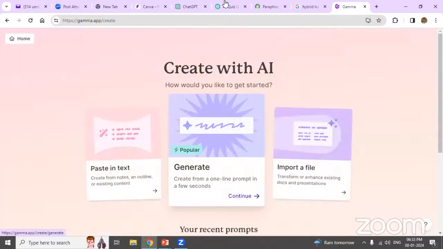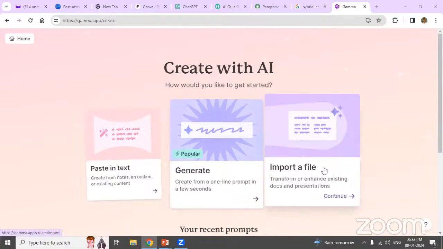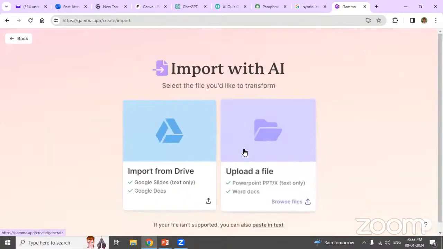Is this particular screen sharing now, or my PPT? Okay, this is Gamma screen sharing. Now the Gamma screen has come. Yes, ma'am. Thank you.